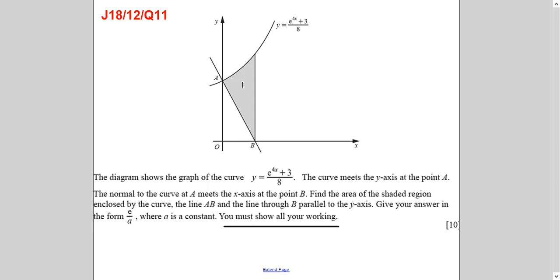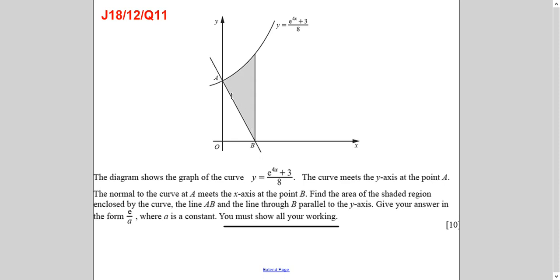To find the area of this shaded region, we need to know the coordinates of points A and B. The reason is, if I find the area under the curve and the x-axis, then I need to subtract the area of this triangle. Only then will I get this shaded region. So this is a right angle triangle here. If I know the coordinates of A and B, I can straight away apply the formula for the area of a triangle. Now the point is how to find the coordinates of point B and point A.